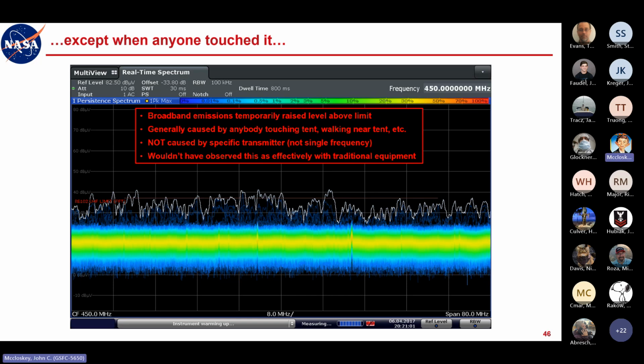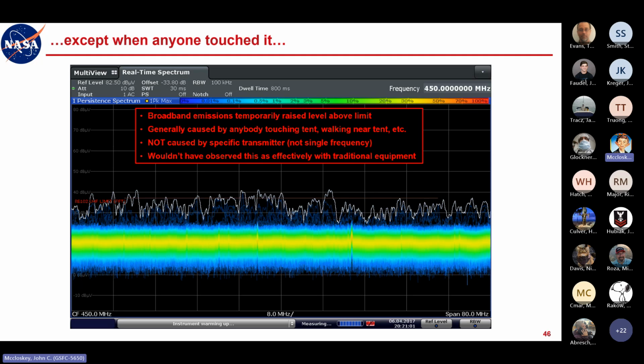This was clearly not caused by any specific transmitter. It wasn't a single frequency. And we would not have observed this as effectively with a traditional frequency swept receiver. So while the FFT machine was maybe not really necessary for this specific test, it really showed its worth here, because if we had been using a traditional frequency swept machine, we would have only seen